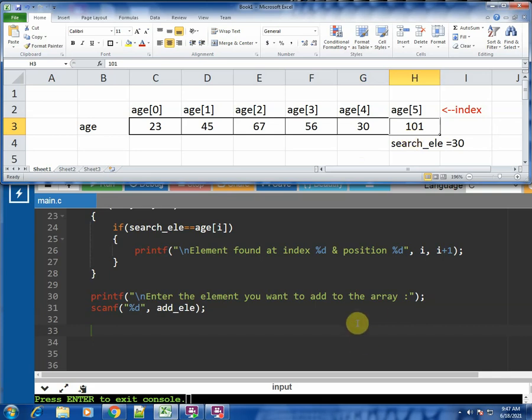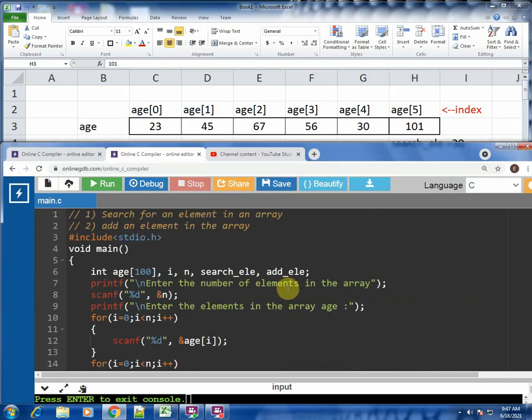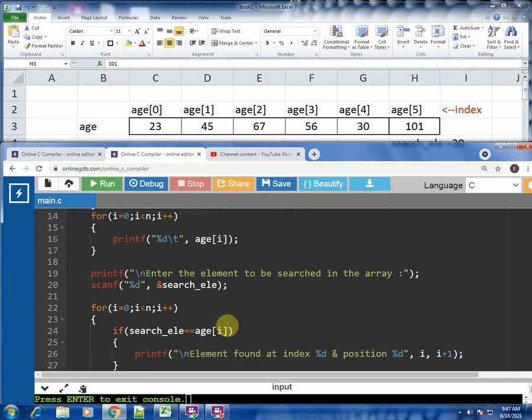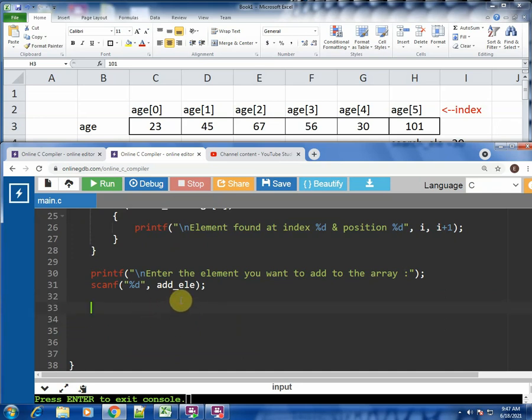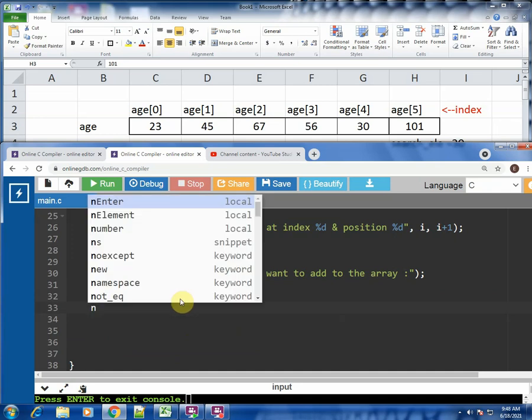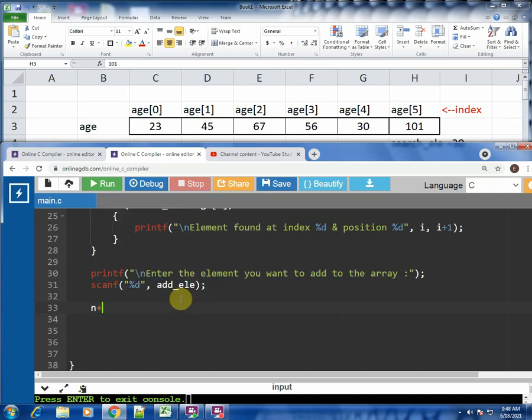So how to increase the size to 6? The size of the array in the code is stored in which variable? Over here, it is stored in the variable n. So the size of the array should be incremented, increased to one number higher. That would be done by doing n plus plus, which is increment. Alright. Once you have incremented, now the size of the array is 6. So you can fill up the last position with that new element.